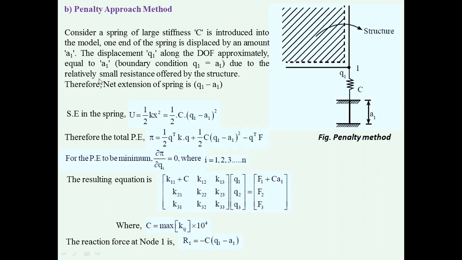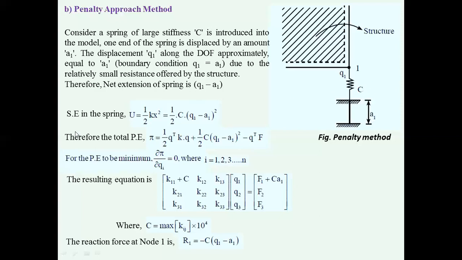This is due to the relatively small resistance offered by the structure. So we have a structure, and one end of the structure is modeled by a large spring having a stiffness of C. Like the structure having a node 1, at node 1 the displacement is Q1. So this spring undergoes an extension of A1. So the net extension of the spring is given as Q1 minus A1,